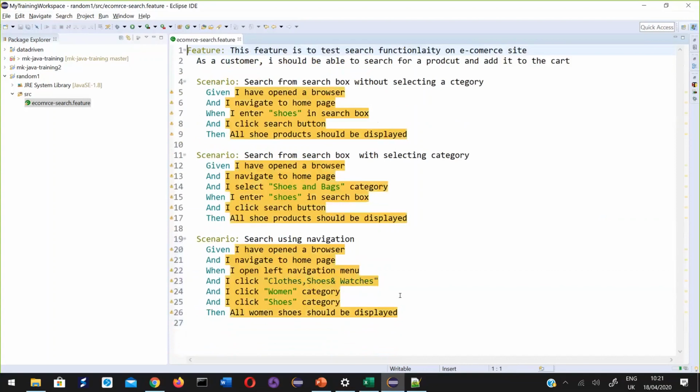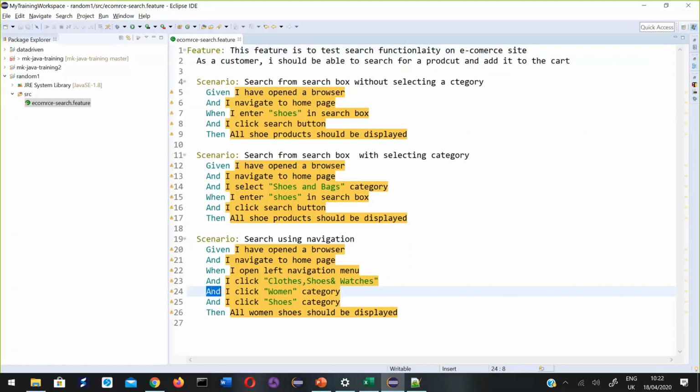So does it make sense? Yes. Now you know what is the feature, what is the scenario. You know what is given, what is when, and what is then. Tell me, this step is a when step or given step or then step.